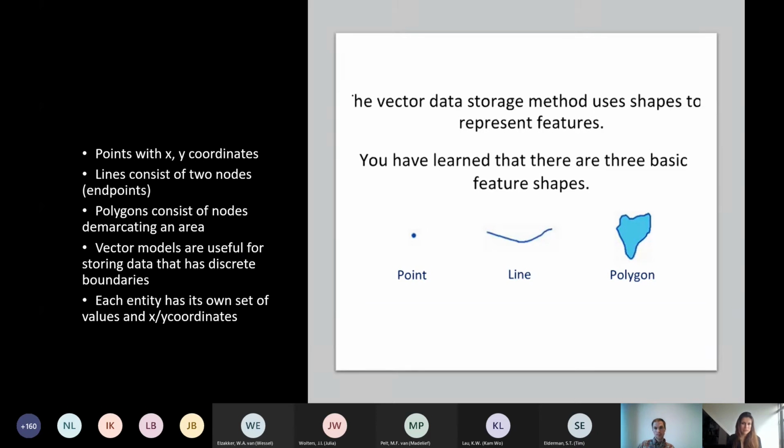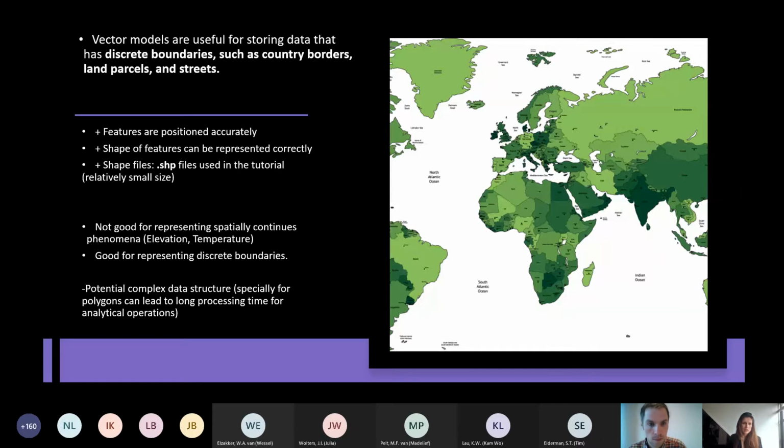So a little bit more about vector data. They're points with an X and Y coordinate. The lines consist of 2 points, with multiple nodes or endpoints, and then connecting the dots between these dots. And then polygons consist of nodes to make a closed shape to demarcate an area. And these vector models are useful for storing data that has discrete boundaries, like countries, and each entity has its own set of values. So vector models are useful for storing data such as country borders, land parcels, streets,